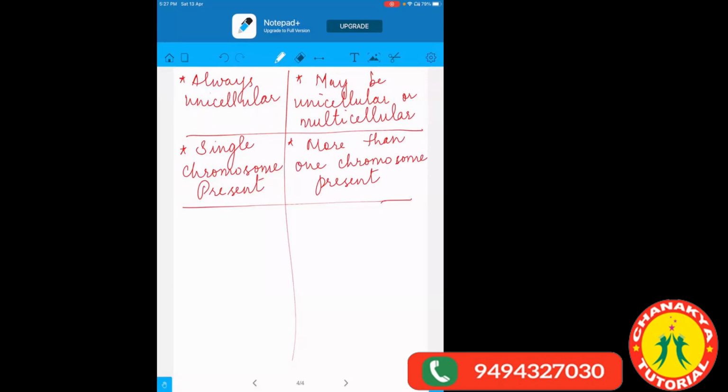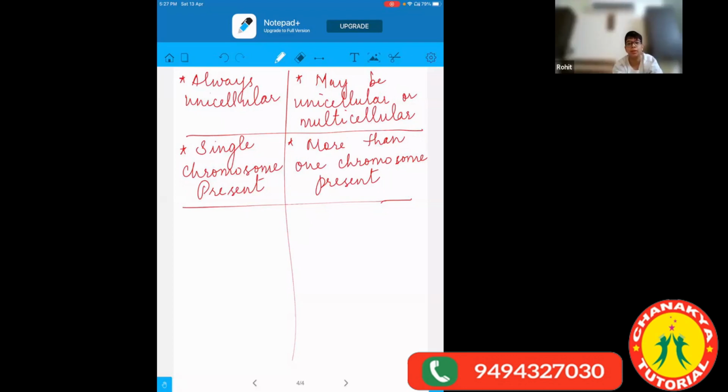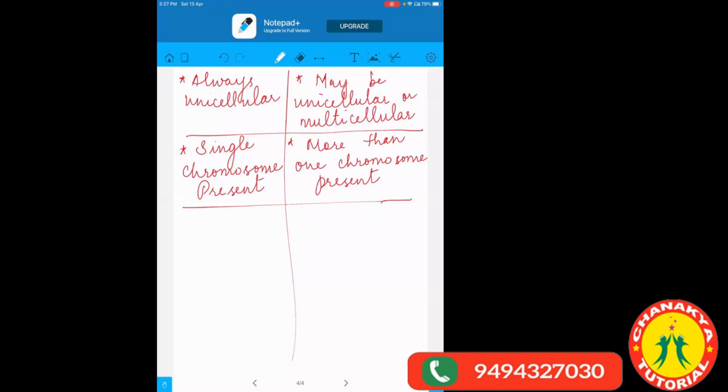When you say only 23, it means wrong. 23 pairs, which means 46 chromosomes. So in the human body, we have 23 pairs of chromosomes, or 46 chromosomes. In the eukaryotic there will be more than one chromosome,